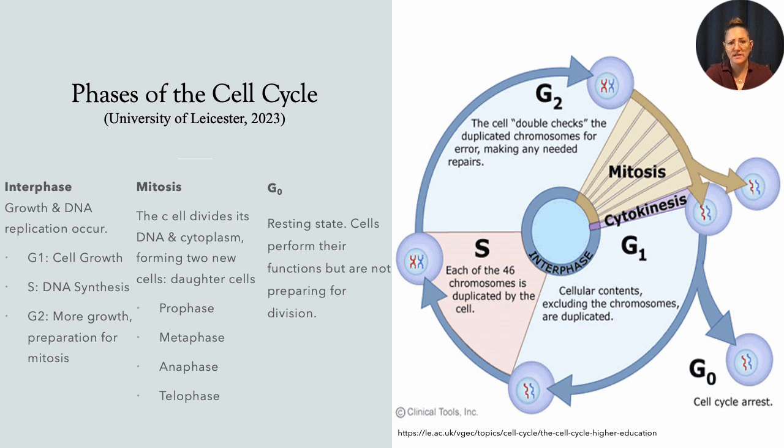Within the G1 phase, there's a point known as the restriction point or checkpoint, located roughly here. This is the point of no return, so to speak. Here the cell is committed to moving to the next phase of the cell cycle, such as the S phase. The S phase, or synthesis phase, the second largest phase of the cell cycle, lasting roughly 6 to 8 hours,